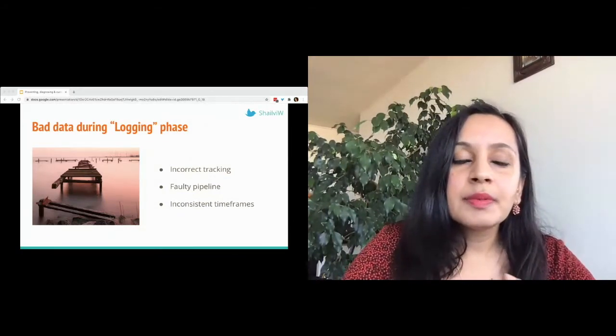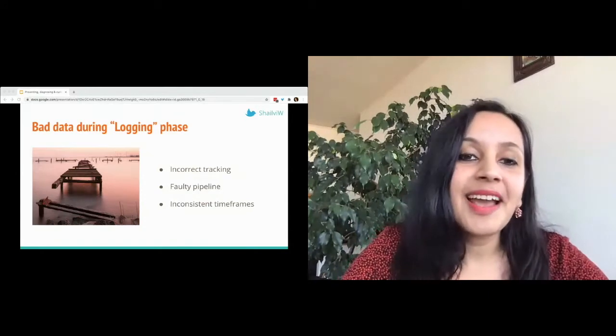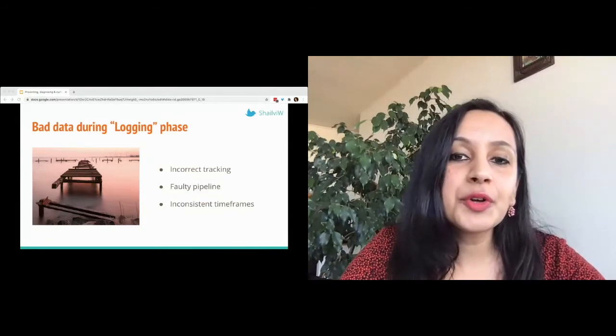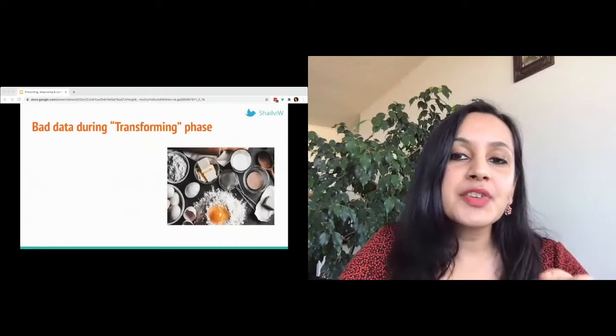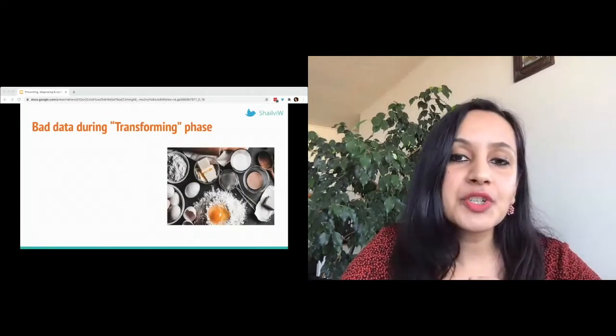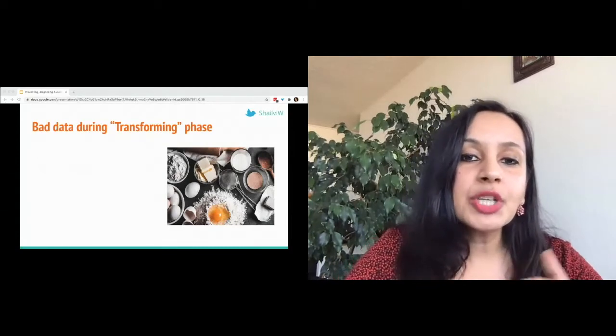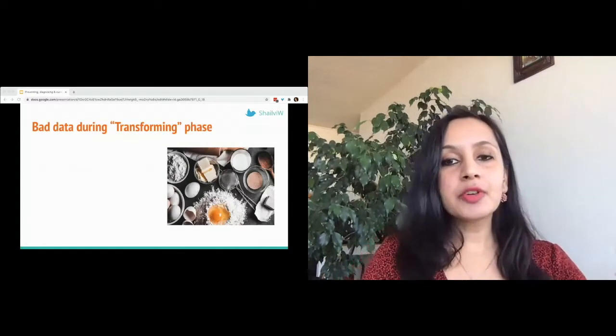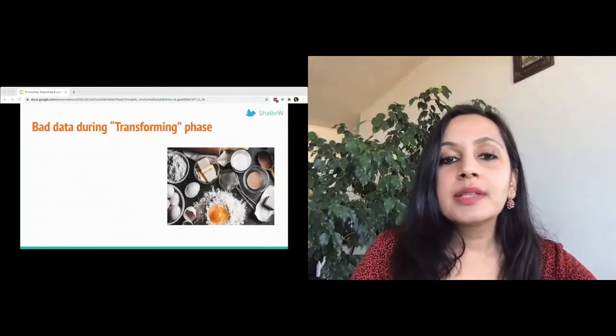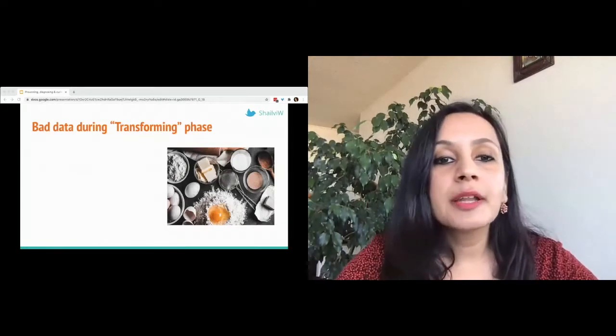So next up is the transforming phase. And just like baking, if you're taking a bunch of rules and transforming raw ingredients to a finished product, a lot of mistakes can occur. With data, you need to take that raw data and convert it to something usable. Otherwise, every baker will create their own recipes and make a different product.